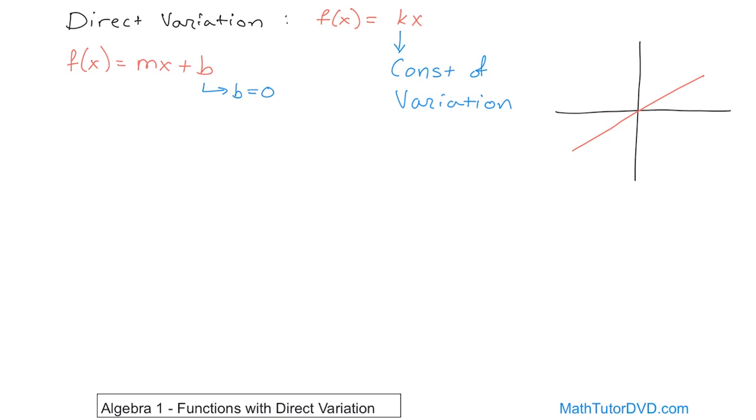But the bottom line is direct variation essentially means that as x increases, f of x increases because of this constant. You're just multiplying x times a number, so as x increases, f of x increases. So I'll write that down. You can see it from the graph here. As x increases, f of x also increases. So you can kind of see that from the slope of the line. As x increases this way, then f of x, which is this